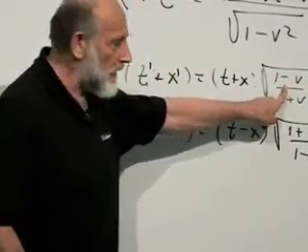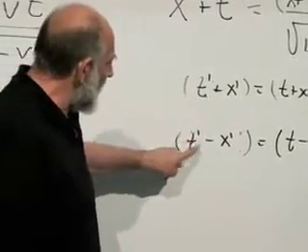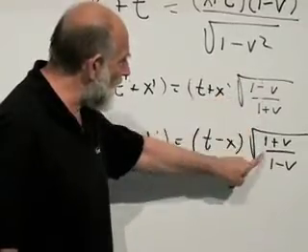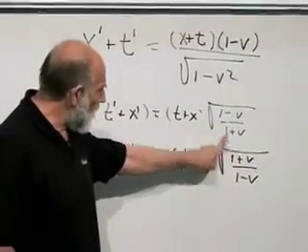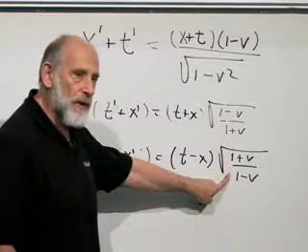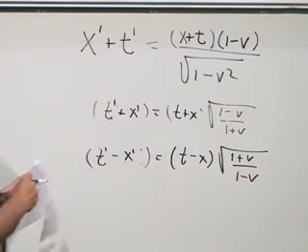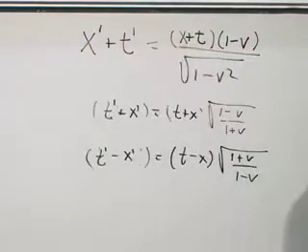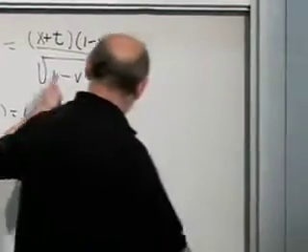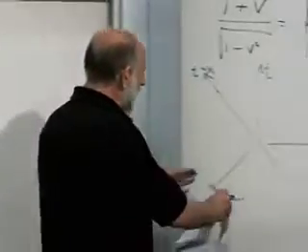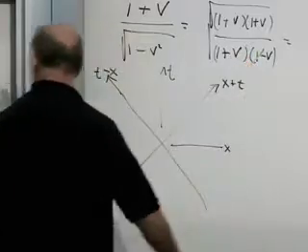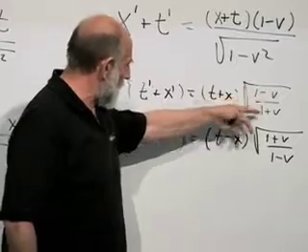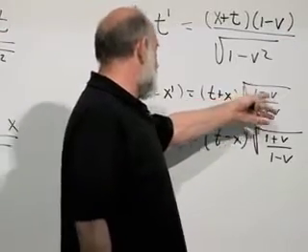What this is telling us is that x plus t, when it's Lorentz transformed, just gets multiplied by something that depends on the velocity. And at the same time, t minus x also just gets multiplied by something, but that something is the inverse. The something here is 1 over the something here. So one picture of what these mathematical transformations are like is that t plus x, depending on whether v is positive or negative, gets stretched. That's what this says. It either gets stretched or squeezed, depending on, let's see, if v is positive, then 1